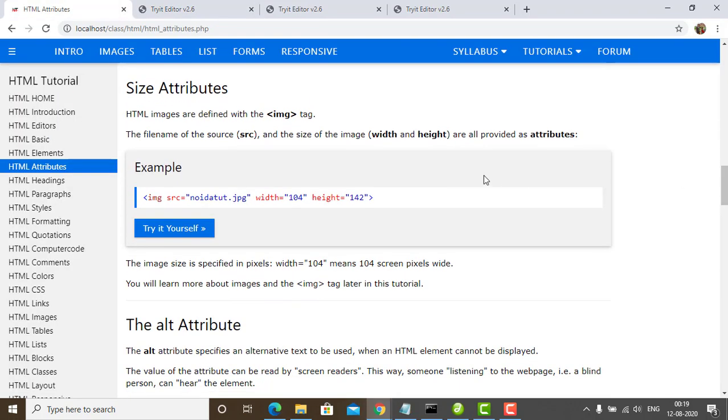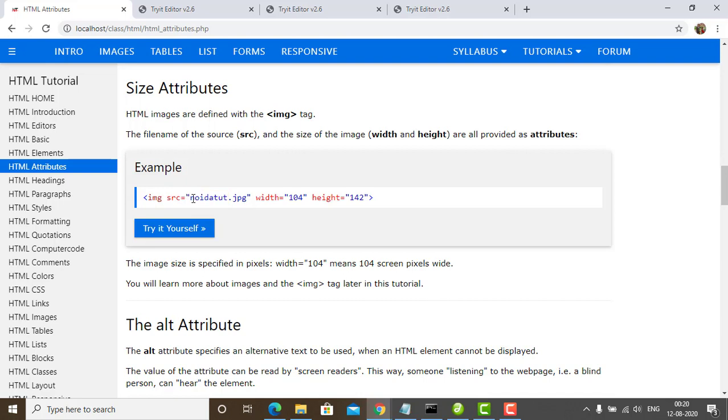Now when we talk about the image, we have the image tag, which we also discussed in our previous chapters, on how to embed an image in a web page. Now img src noida2.jpg, width and height. These are the attributes of the image. Src is the attribute of the image.